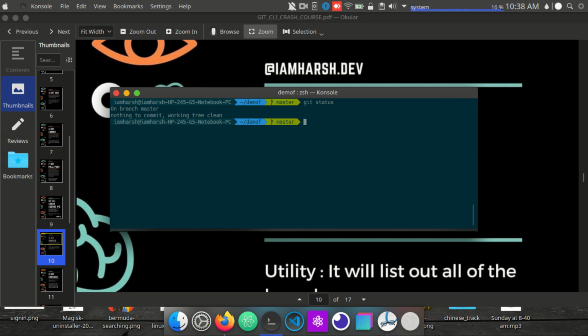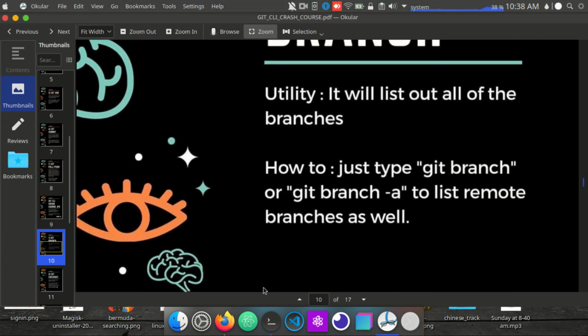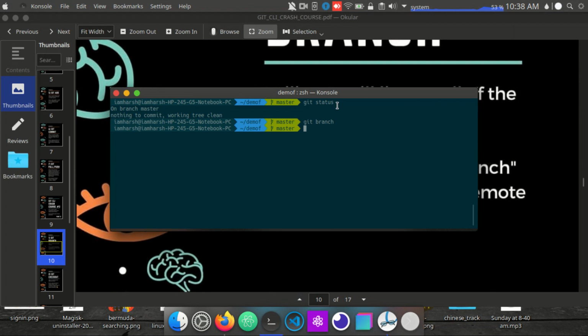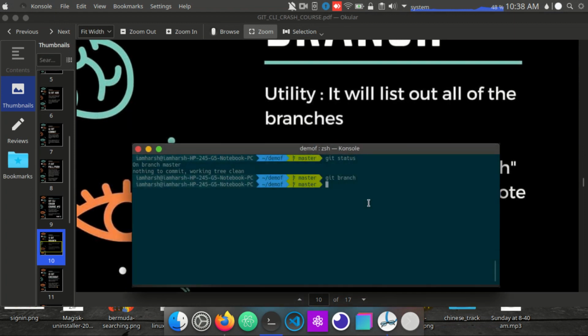So here come Git branches. By default there is only one branch, and you can check how many branches there are in the Git repository just by typing git branch, and it will list the branches. As of now we only have a master branch, so it will list that. If you want to create a new branch so that you can work on it, your new branch will be separated from the master branch.